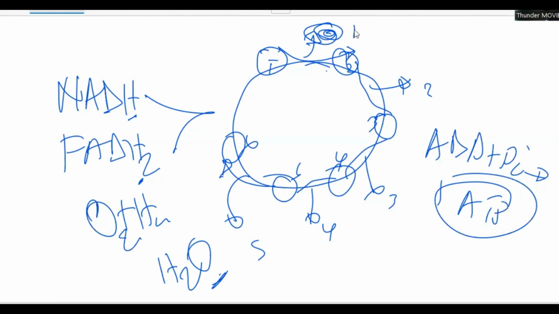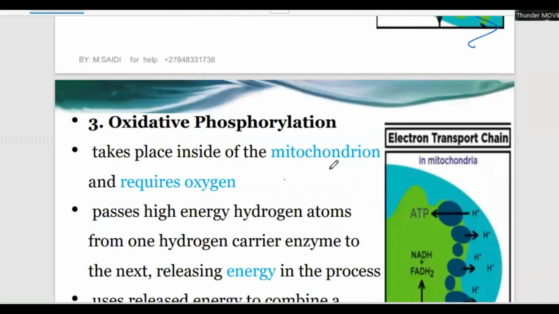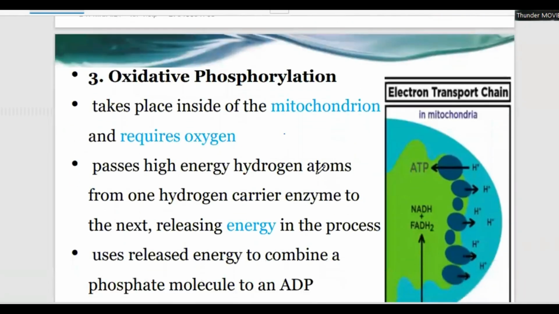But there is a lot of ATPs which are being produced here. As this one is moving to this, energy is released, this one moving to this, energy is released. It's like that, until over 30 ATPs are being released. Let's go back to our